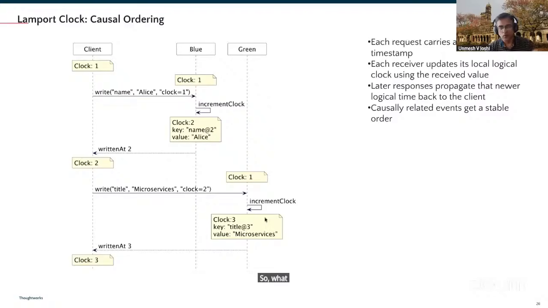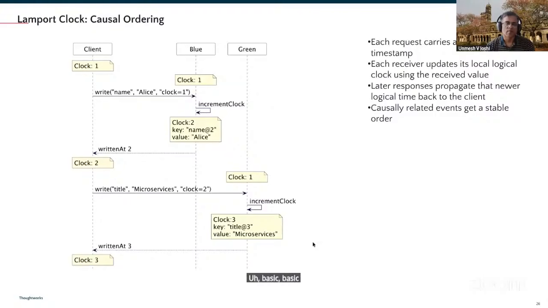So what this allows you to do is, looking at this key name at 2 on server blue and title at 3 on server green, if title has a higher timestamp than name, you can infer that title was written after name was written, without referring to the system timestamp at all. So this is what a Lamport clock is,